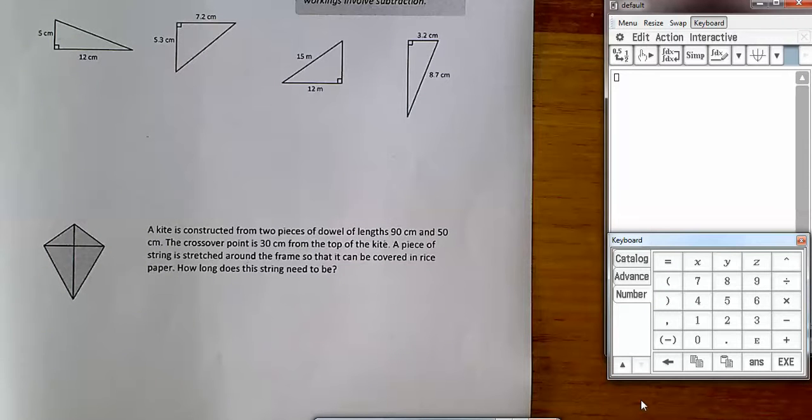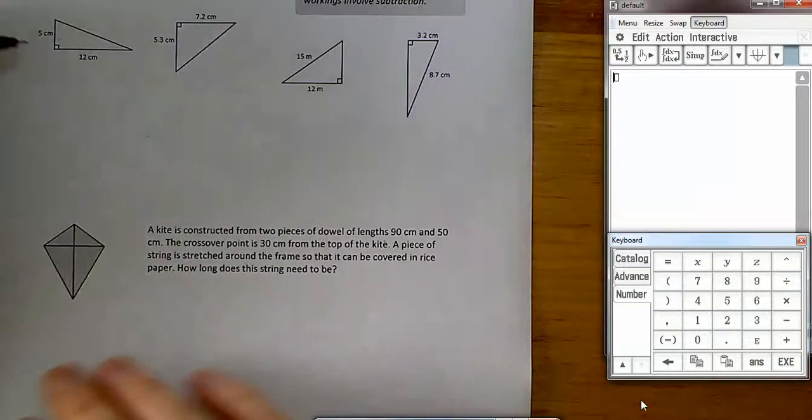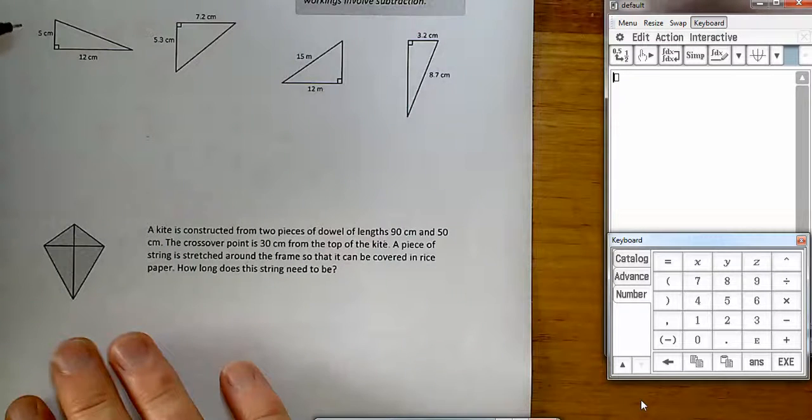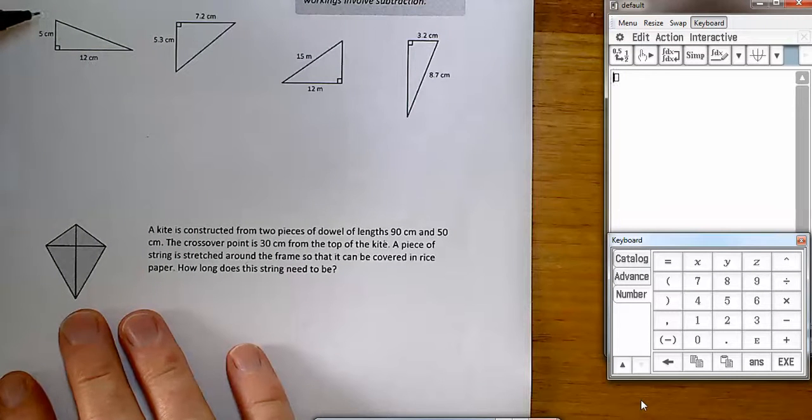We're doing some questions here which involve Pythagoras theorem. This might take you right back to high school in grade 8. You probably did this, so this is probably revision for most people. What we're trying to do with Pythagoras theorem is find the unknown side of a right-angled triangle when you know